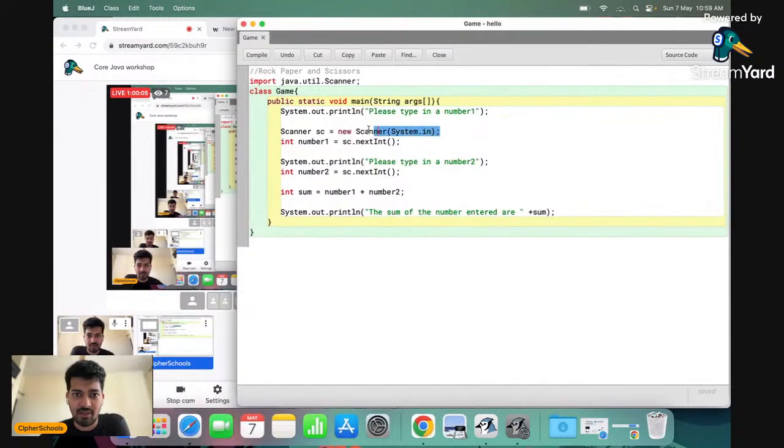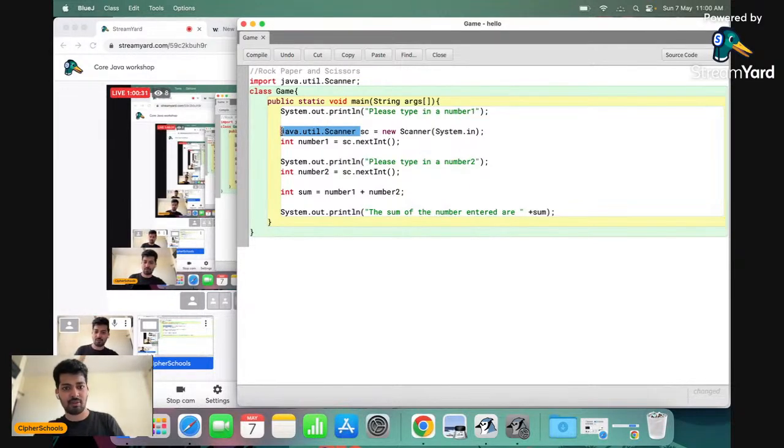As I mentioned earlier, the meaning of this particular line is to give you the power of being able to accept and work upon the concept of input, right? Now, this scanner is nothing but a replacement of the line java.util.Scanner.